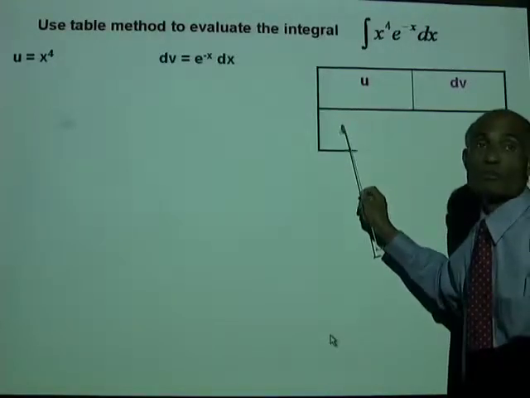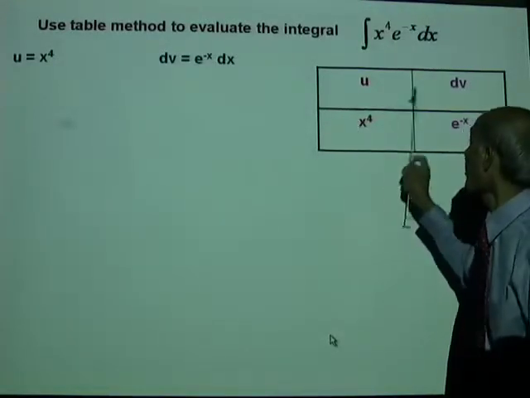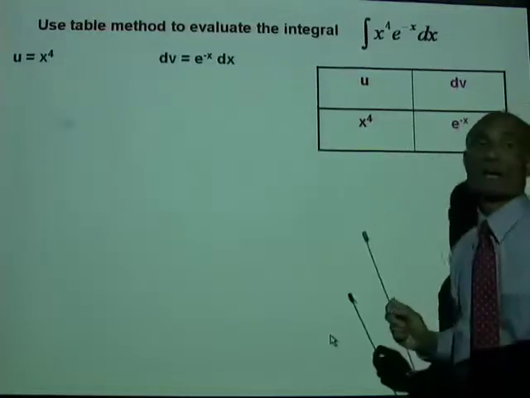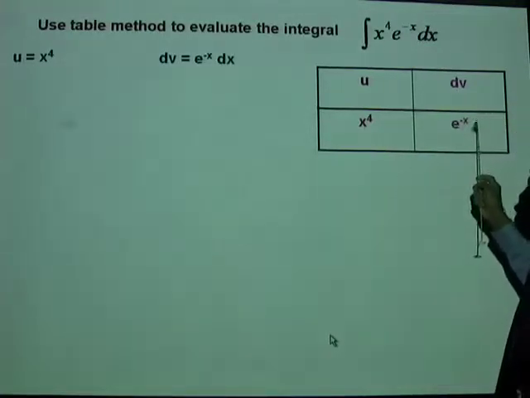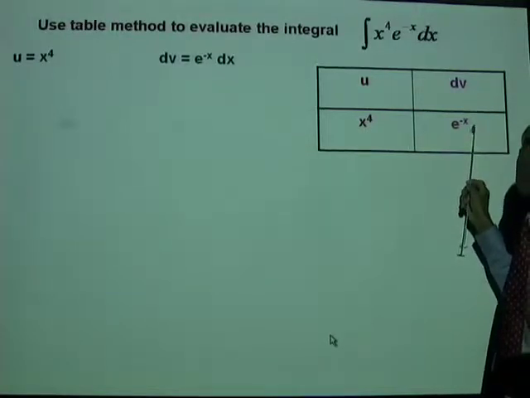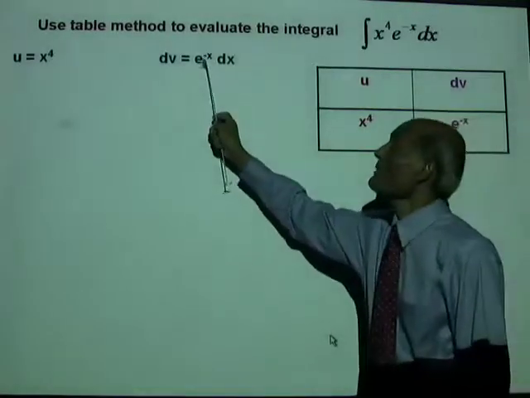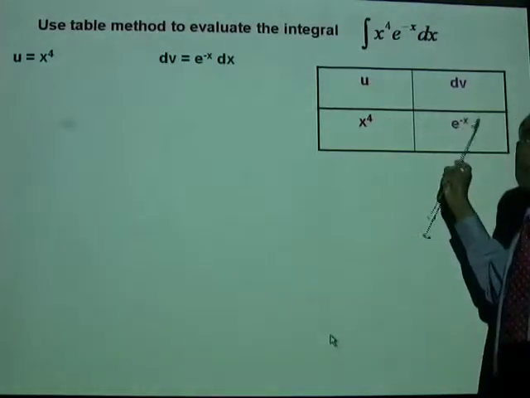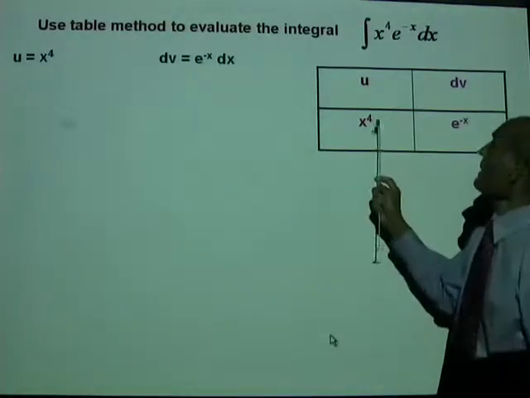Below u, you write x to the power of 4. Below dv, you write e to the power of negative x dx. Well, I have been dropping that, but that should be there. Your dv is e to the power of negative x dx. Okay, now